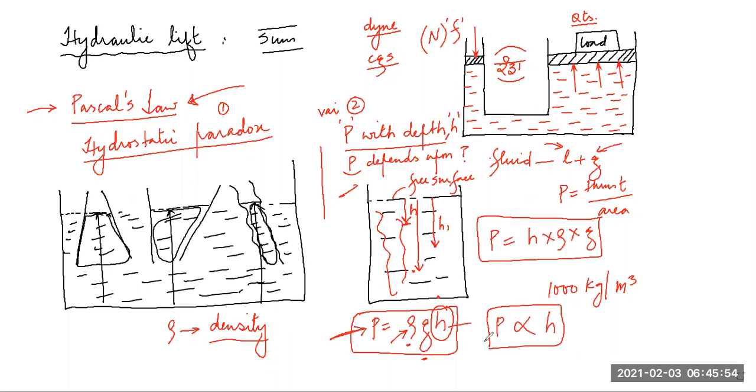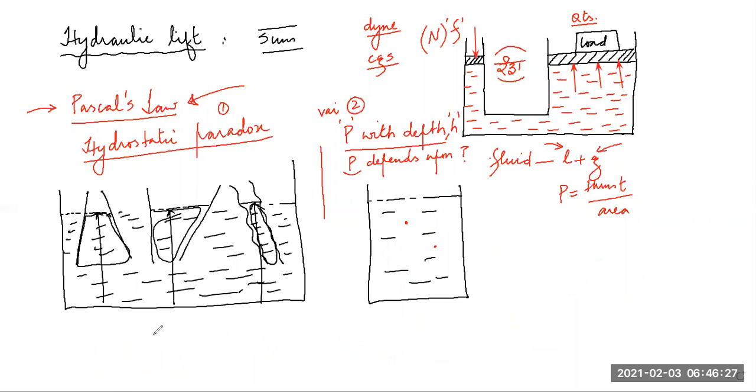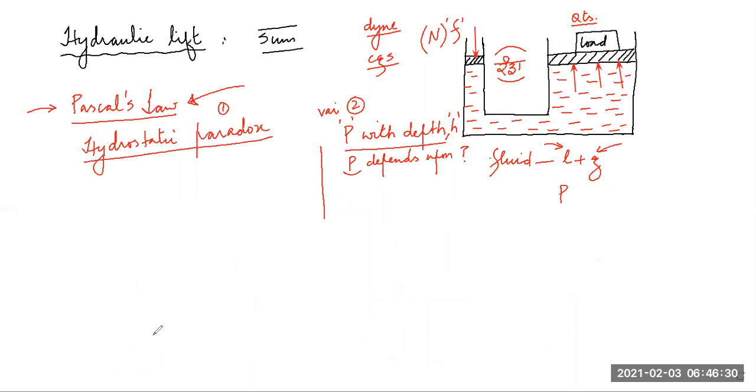Very interesting things. Even if, imagine if you have a container and you have a plane here. If you want to measure the pressure below this, you don't have to consider anything, inclination, anything. You simply take down this point. This is the free surface of water. Measure the depth and simply write P is equal to rho, density of this liquid, G into H will be the pressure of this liquid. Fine. Once you understand this hydrostatic paradox and variation of pressure with depth, you can easily understand Pascal law.